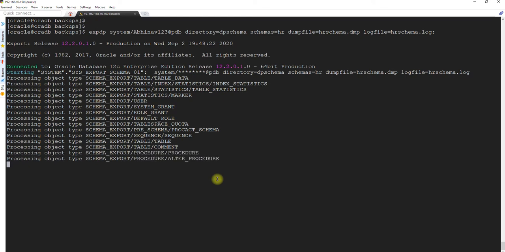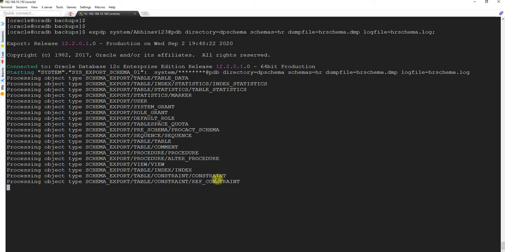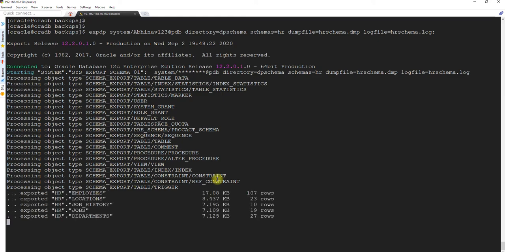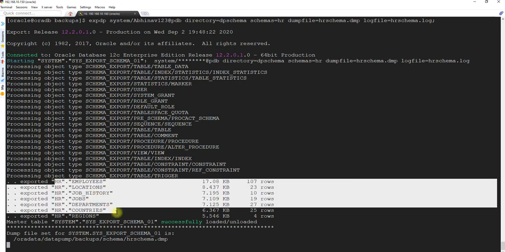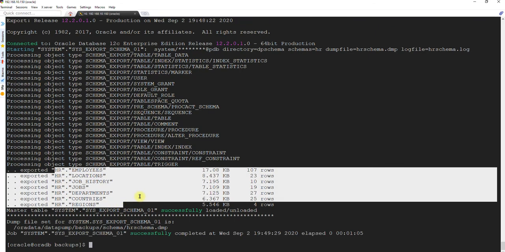You have an older legacy database and you want to migrate two or three schemas to a newer or current version of the database, then this activity will be useful. You take the backup into the dump file, then scp the dump file to the new server. See, it is backing up all the tables. So you just do scp, take that to the different server, and then use impdp to import those.